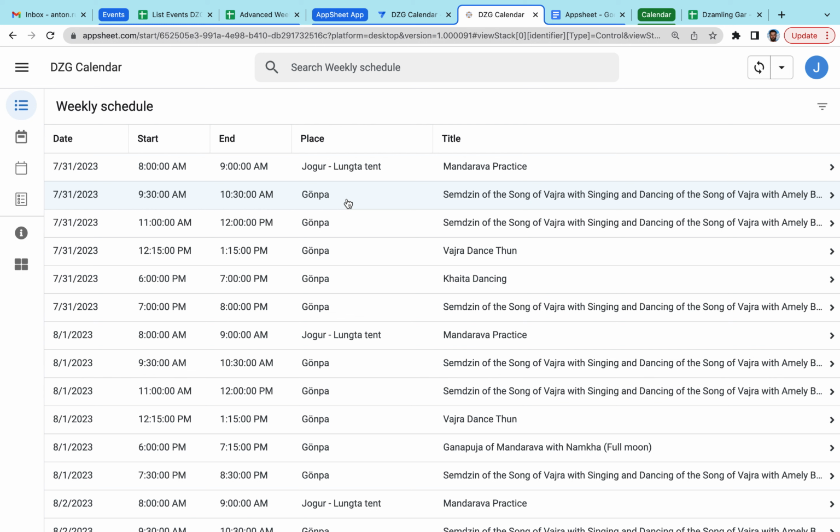So another problem that we want to solve with this application is decreasing the time for managing the schedule for Ganshi, for the communication director. So we want to have the possibility to change the schedule in one place, and it's automatically changed in the application, and we don't need to update in all possible channels that we have this change.